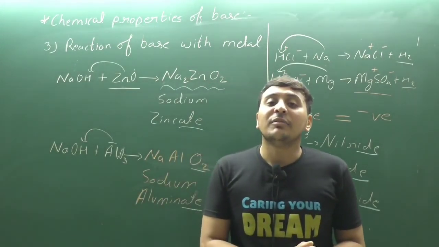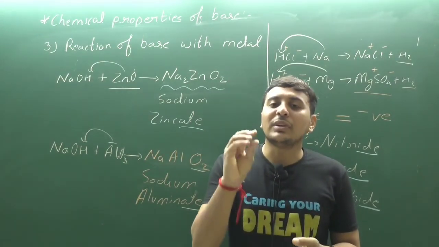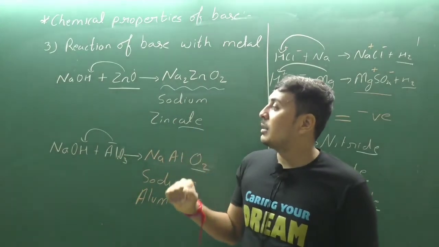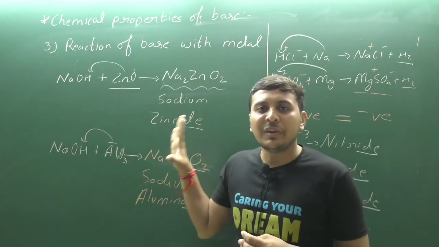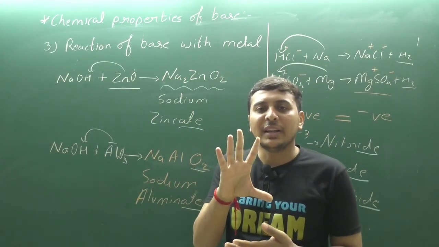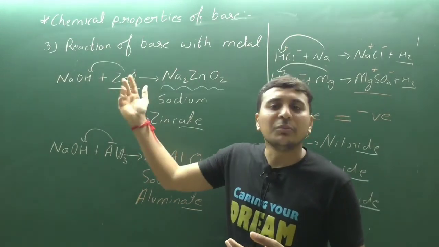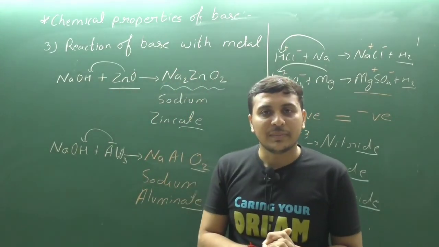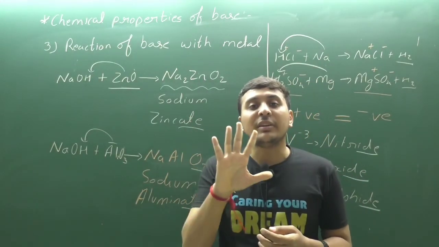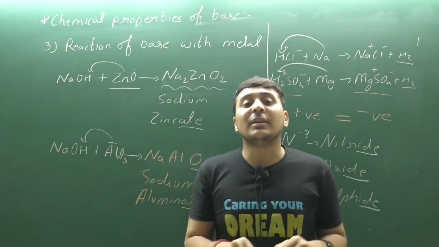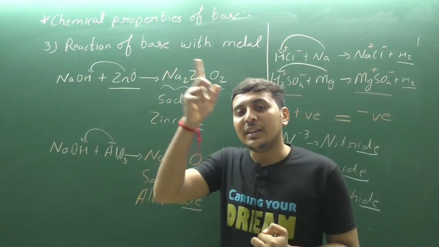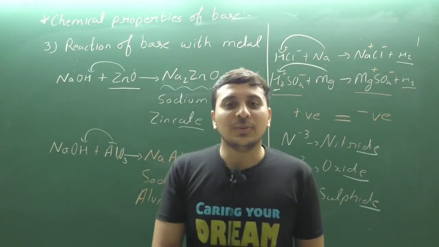Now you have to write only 5 examples of reaction of base with metal or metal oxide. 2 examples of metal, 2 examples of metal oxides, total 5 reactions of base with metal or metal oxide. It is one and the same property. Clear? So there are total 5 examples of the third property, 10 examples of the second property, and 10 examples of the first property, as well as classwork, and the same thing in the homework notebook. Thank you very much.